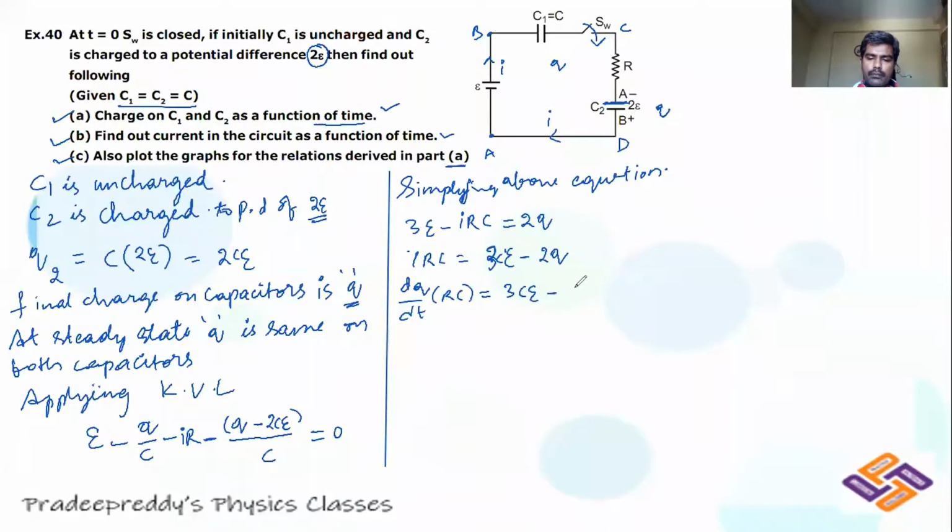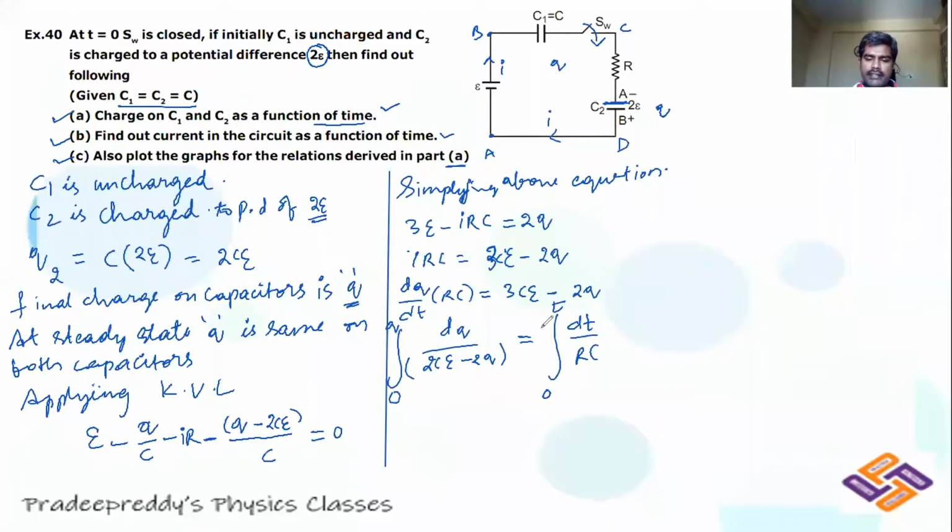minus 2Q. Okay. Now bring dt to the other side, and wherever charge is involved, those terms you bring to one side. So finally you can write dq divided by 3CE minus 2Q is equal to dt divided by RC. Integrate this expression because they are variable with respect to time. Time taken here is 0 to t seconds, and charge is 0 to Q, because initial charge on the first capacitor I am considering as 0, and finally after steady state charge I am considering as Q. So you are applying those limits to the left hand side.